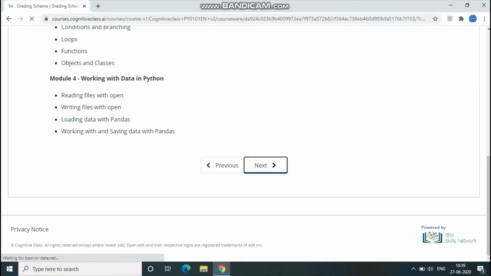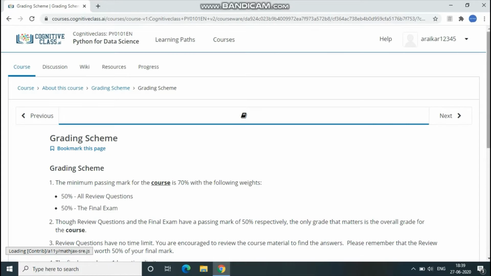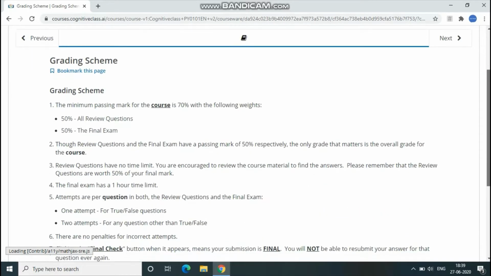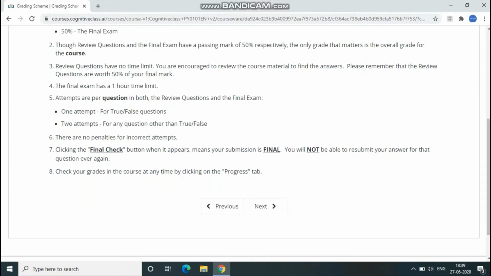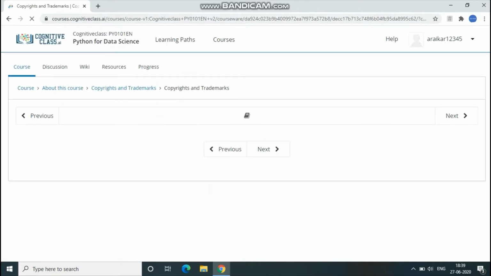Let me show you. We'll have a grading scheme as well. A minimum of 50% comes from review questions and 50% comes from the final exam. For the final examination we'll have a 1 hour time limit. Still loading.